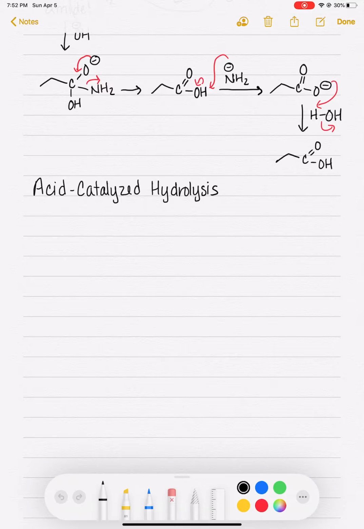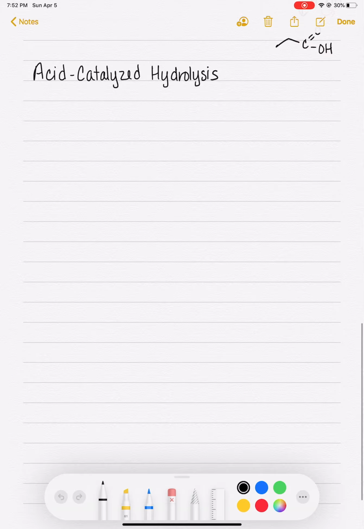My iPad tried to quit. It did not want to participate in the drawing of the acid-catalyzed hydrolysis of the nitrile, but here we are doing it anyways, whether it likes it or not. So we are,